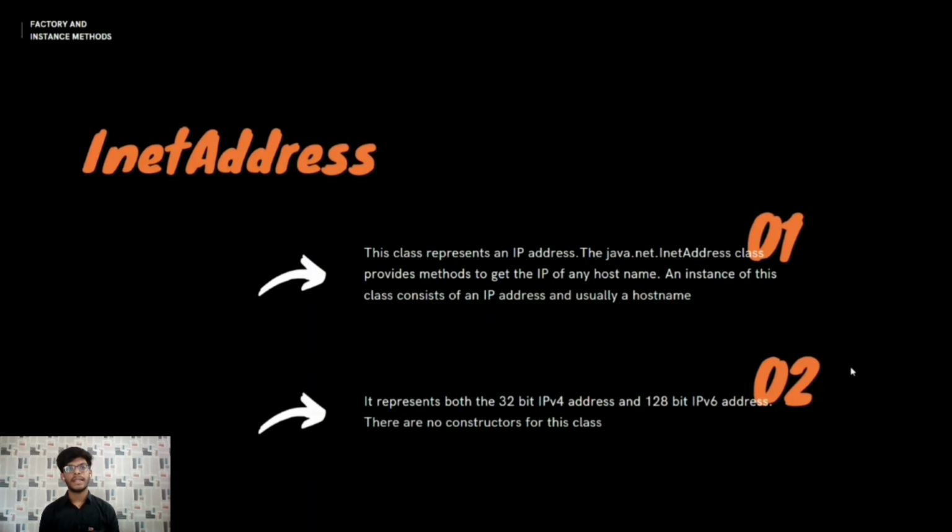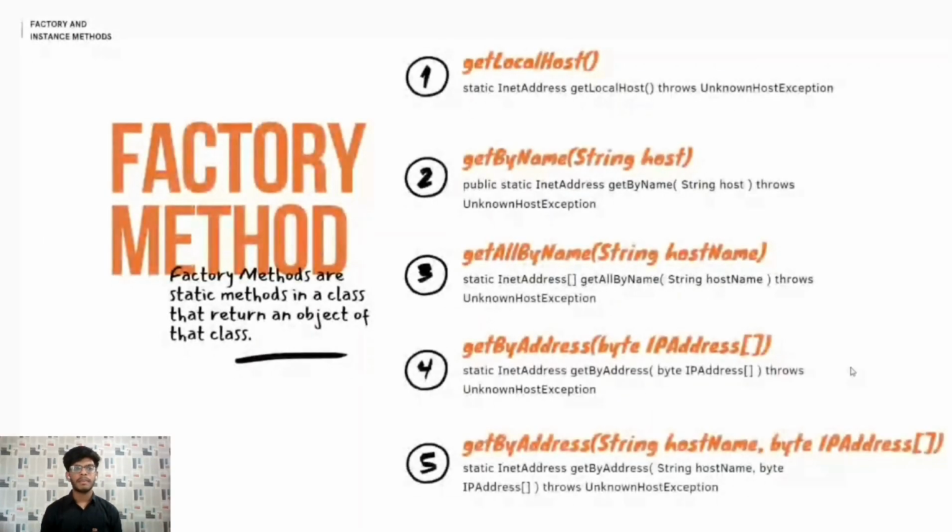The InetAddress class has no visible constructors, and hence it has the inability to create objects directly. Hence, factory methods are used for this purpose. Factory methods are static methods that return an object of that class. Since factory methods are static, we need not create instances of the class they are defined in, and hence these methods can be called directly by the class name. So to be precise, if we call a method by a class name and it returns the object of the very same class, then that method is referred to as a factory method.